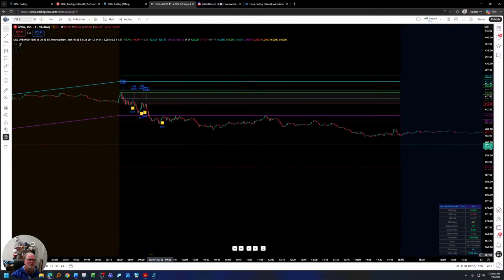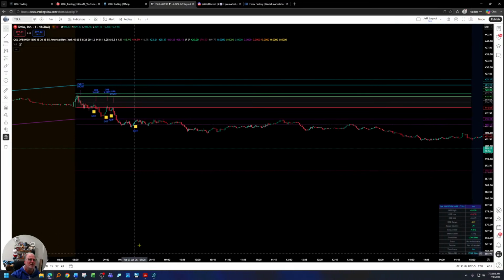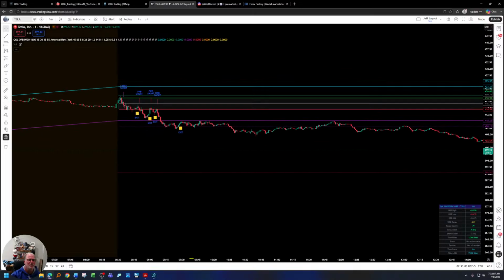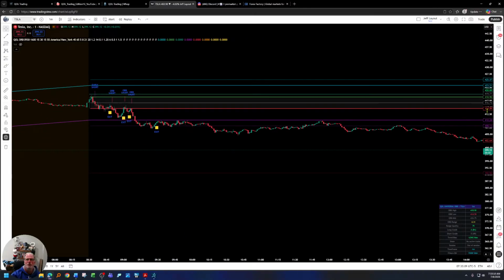And if we look at the signals that it gives you, it's not telling you to take a trade. It's not an automatic trading for you. It's helping you take this decision making out of your hands. So in the lower right hand corner here, you'll see a table. It's got the range, it's got the high, it's got the low. It will give you the midpoint of that range. It will give you the total dollars in range. It will rate the range quality from 0 to 100, obviously 100 being the best. It will tell you the long grade, meaning A being the best, right? So A, I believe, is 80 to 100, and then below 80 it drops down to a C. It also tells you a short grade.